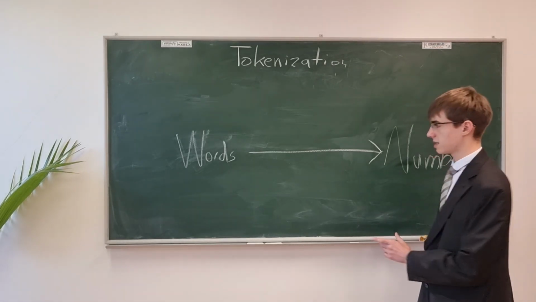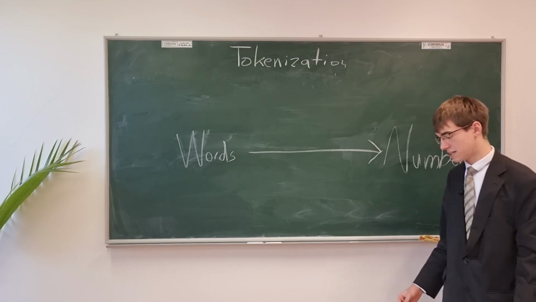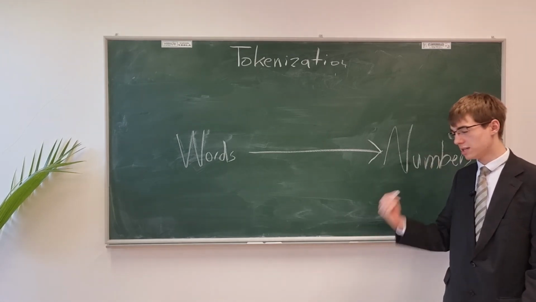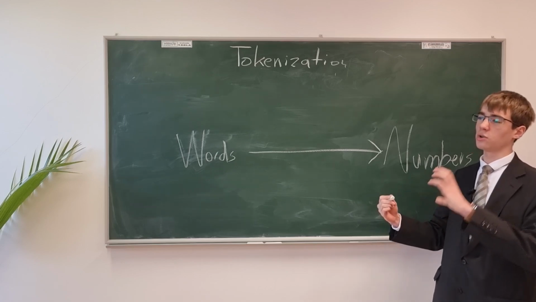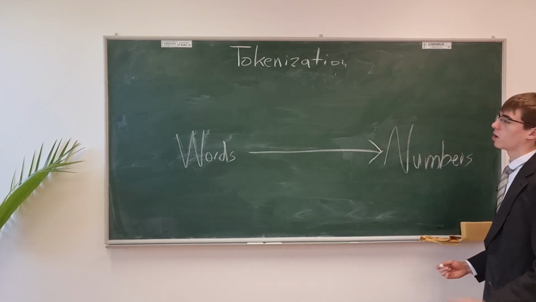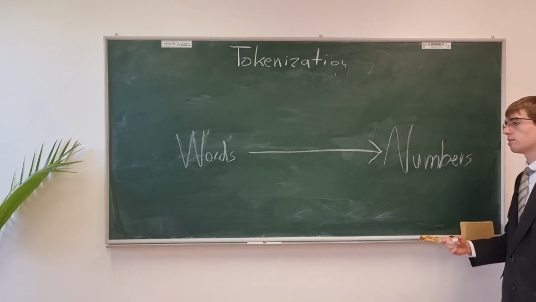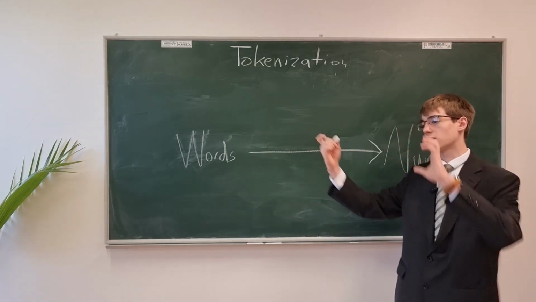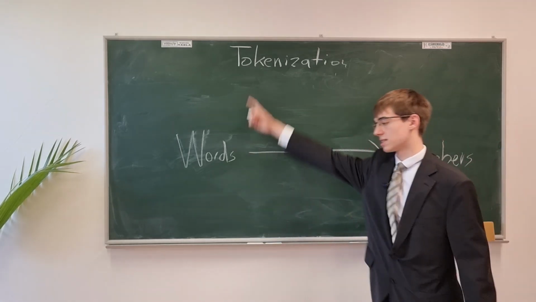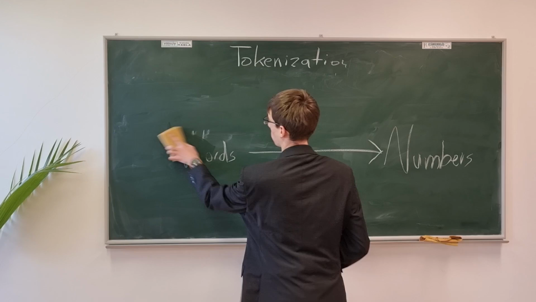The reason we need this is because when we have a block of text and we want to give it to an AI model, the AI model only describes an algorithm on what to do with numbers. It doesn't describe an algorithm for what to do with words. So we need some way of converting the words we get as an input into numbers, so that we can then use the algorithm given in the form of an AI model to get the next word in this sequence of words. For example, if we have the word hello,